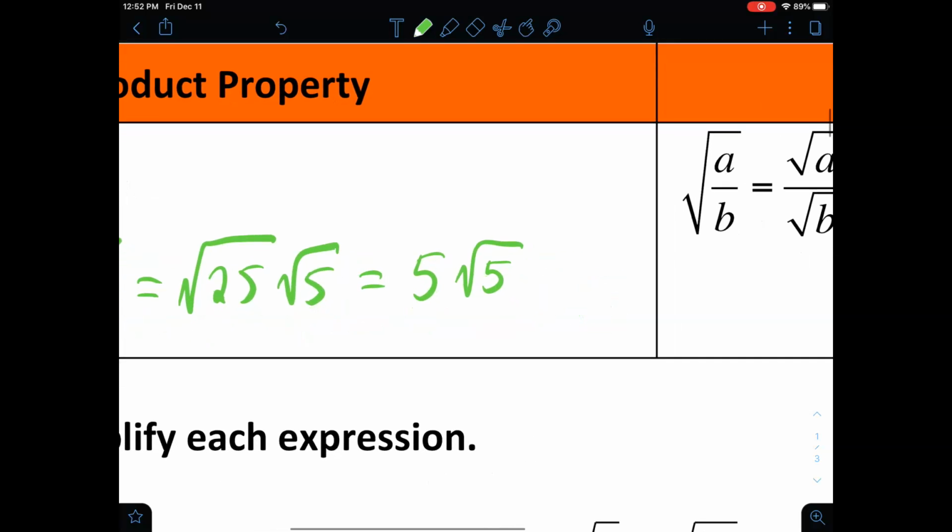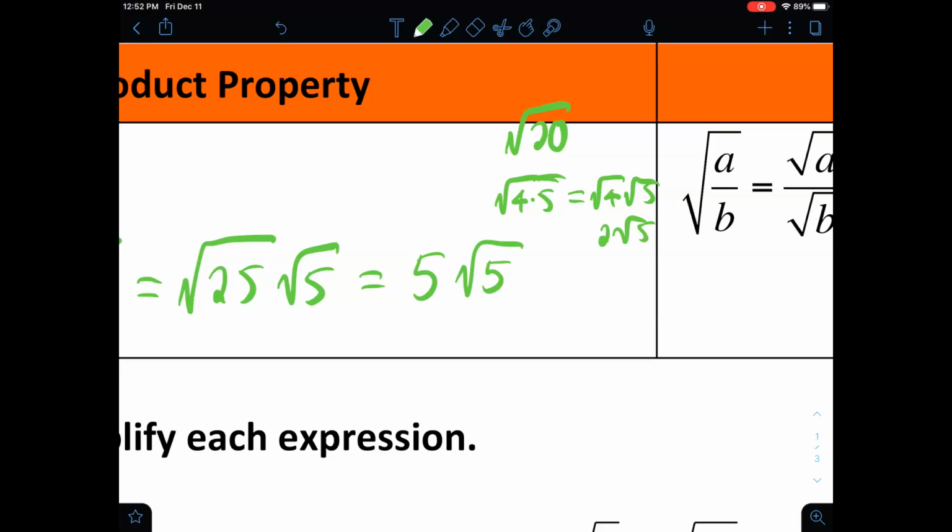So, for example, if we had square root of 20, that would be square root of what number is going to 20? Well, we have 2 times 10, we have 1 times 20, we have 4 times 5. Well, 4 is a perfect square, so we're going to pull out a 4. Square root of 4, which is going to be 2. We'll have square root of 4 times square root of 5, which equals 2 square root